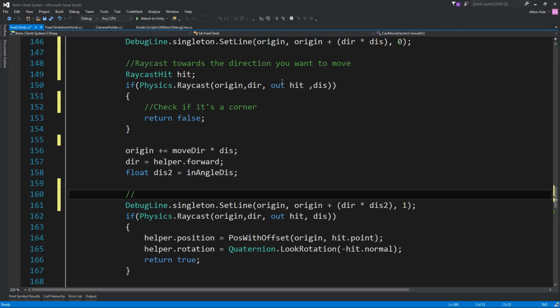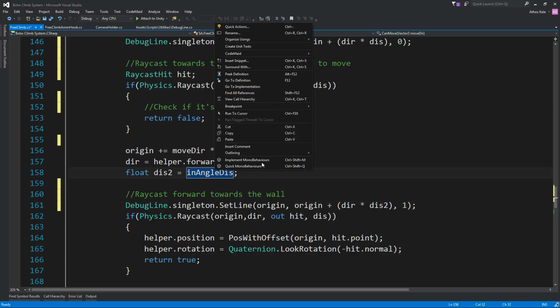Then we're doing a debug forward. So let's say raycast forward towards the wall. And this is what is short right now.